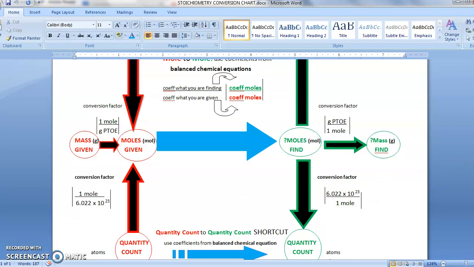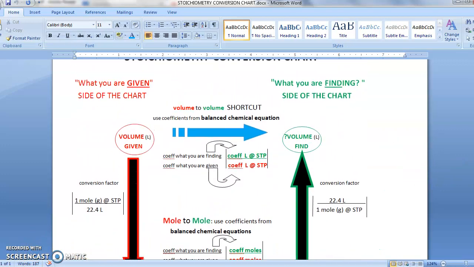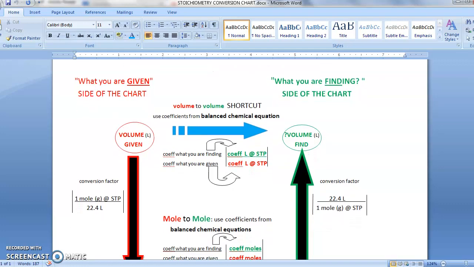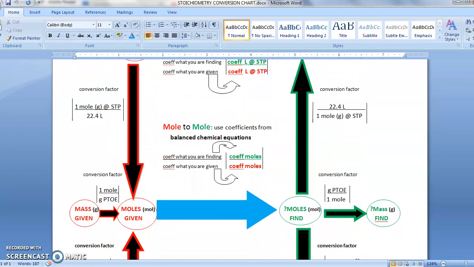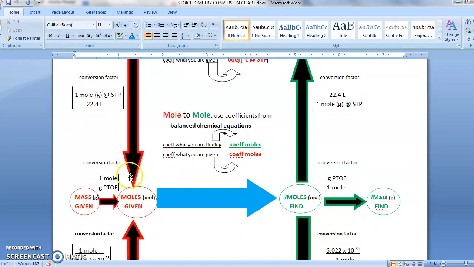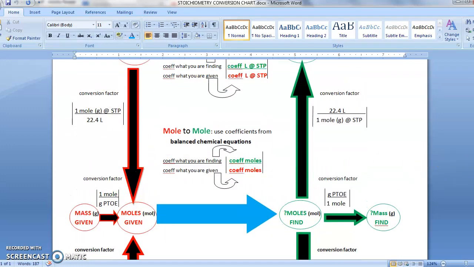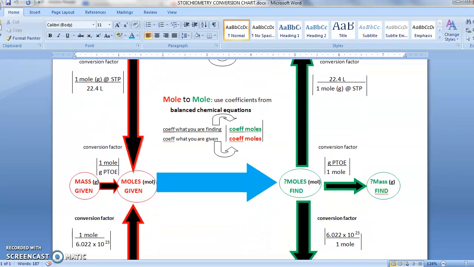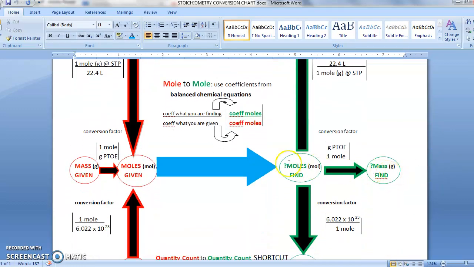When we're doing a mass-to-mass calculation, I want to remind you that we are working on the stoichiometry conversion chart. This is the chart we are working off of. Earlier this year, we learned to do the calculations that are pretty much on the left side of the chart and the ones that are on the right side of the chart. In Unit 9, the only thing we learned to do new was the one that connects these two sides,